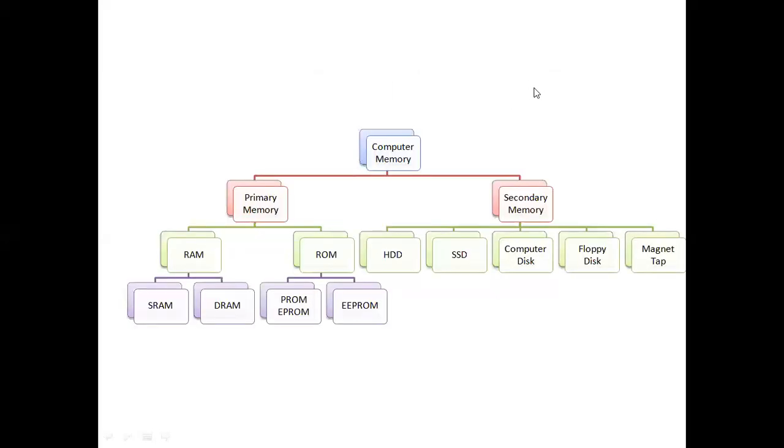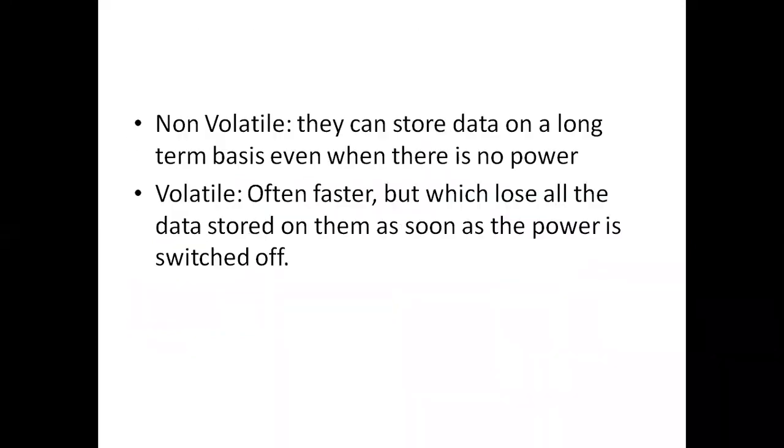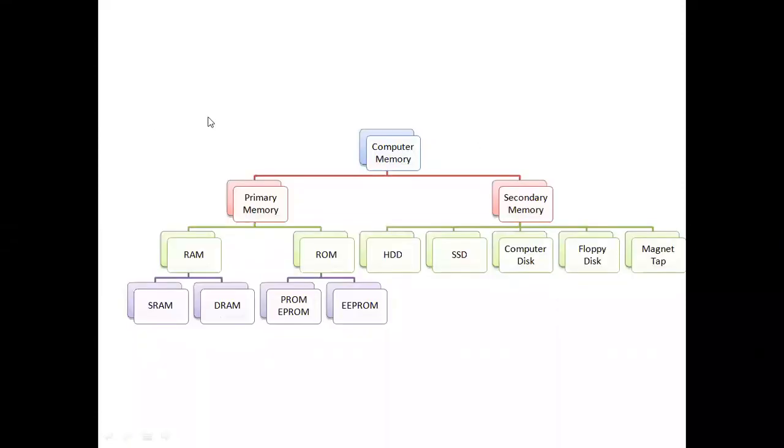Going on to the next one. When you talk about computer memory, we said it is classified into primary memory and secondary memory. Primary memory is further classified into RAM and ROM. But let's look at SRAM and DRAM. First, the static random access memory came, and then came the dynamic random access memory. When you talk about static, as the name tells, it is not so dynamic or so quick. What do you mean by that?